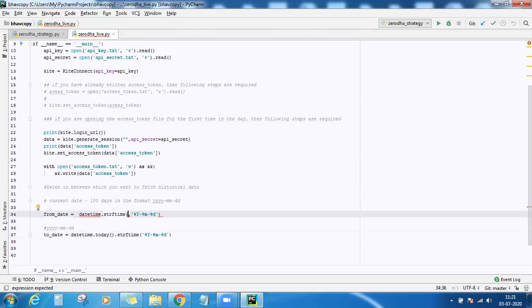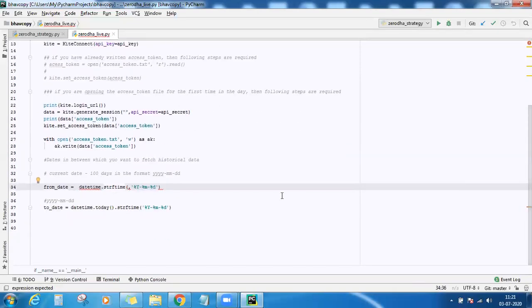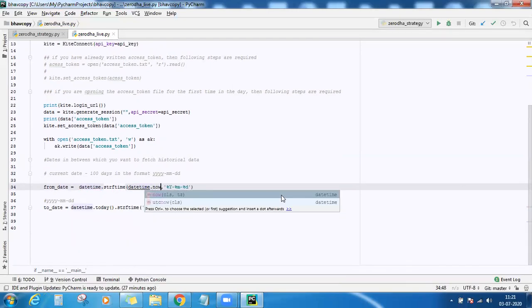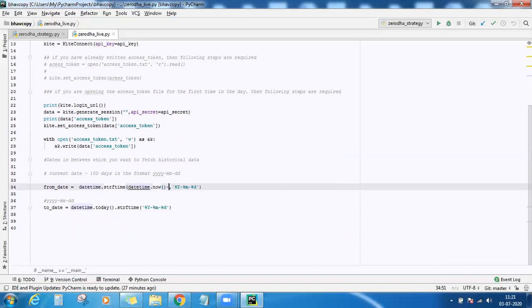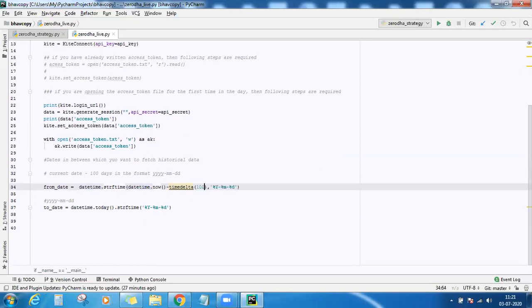First I'll need to get the current date and then subtract 100 days from that. For the subtraction, we'll be using this timedelta, and to get the current date, we'll be using datetime.now, which gives me the current date, minus timedelta of 100.